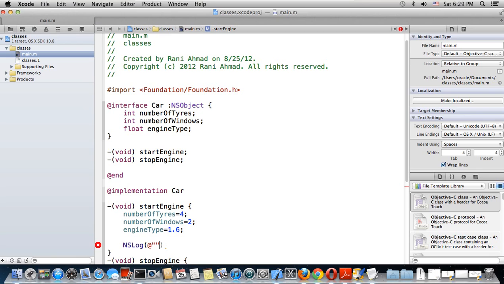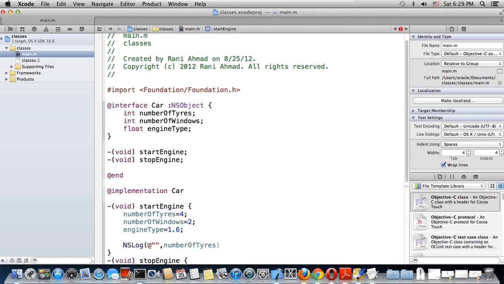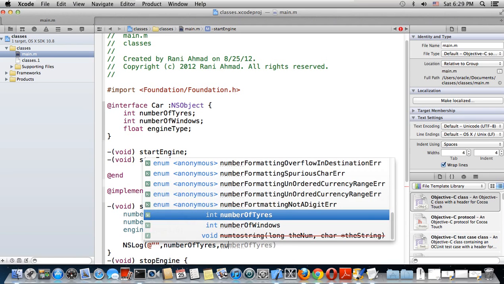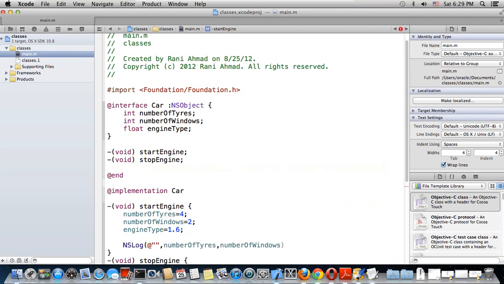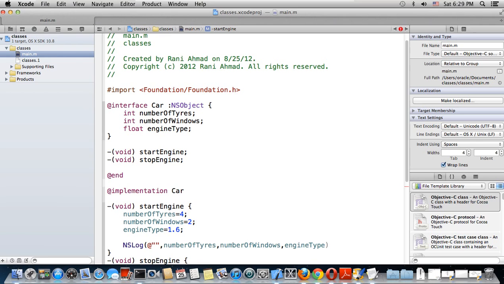So you have to think of your problem and implement it using classes if your program really needs classes. So I want to print out the number of tires and number of windows, and what else here? Yep, the engine type, okay, and I press like this, and of course the string here is not yet set,